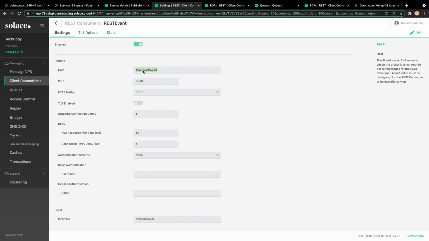So the port and IP I mentioned here. My method is POST. The number of outgoing connections, currently it is 3. Very important information: connection retry delay. So friends, what happens is that if the endpoint is down, what is the duration after which it will again hit the retry? You can define this information here. So I have mentioned it as 3